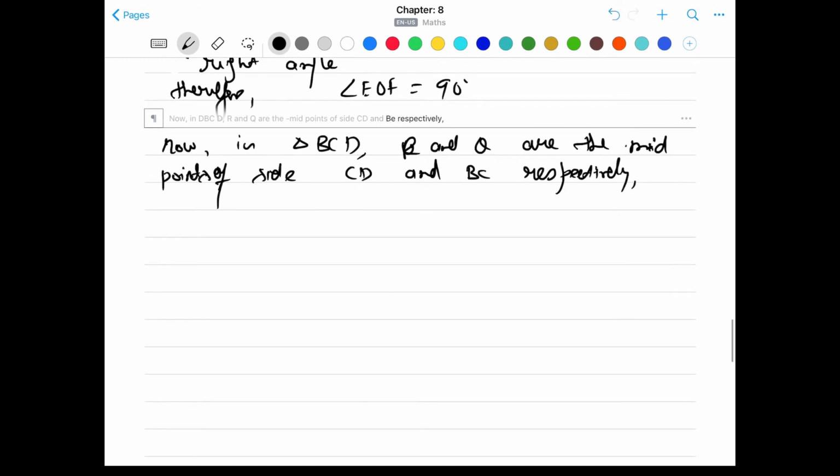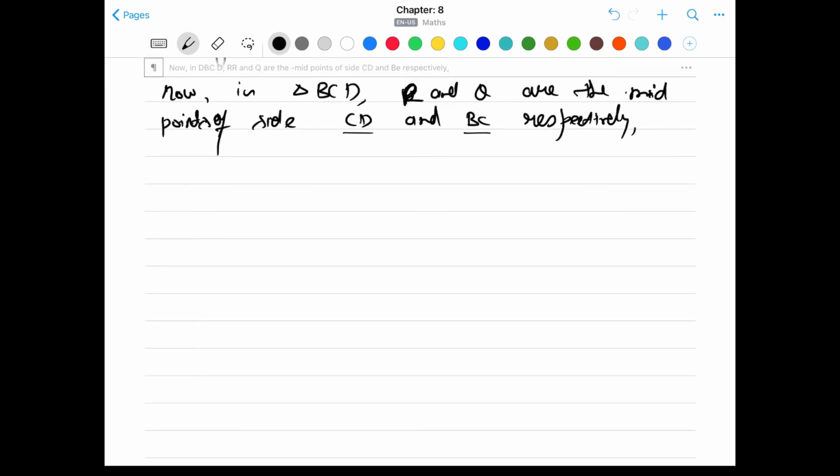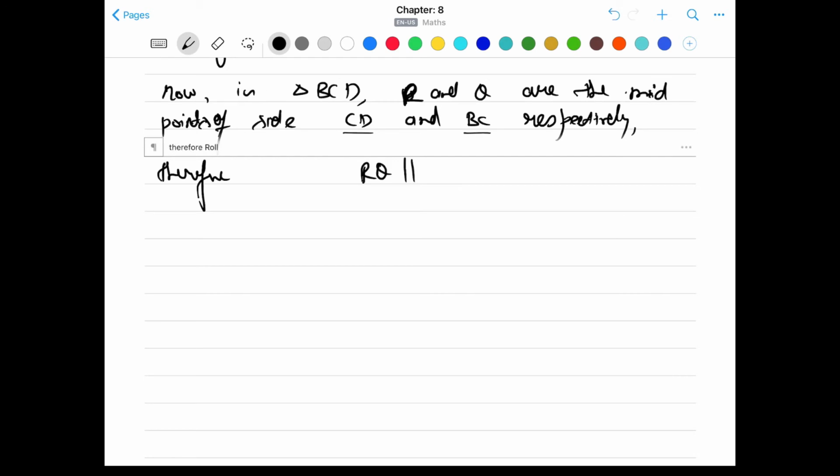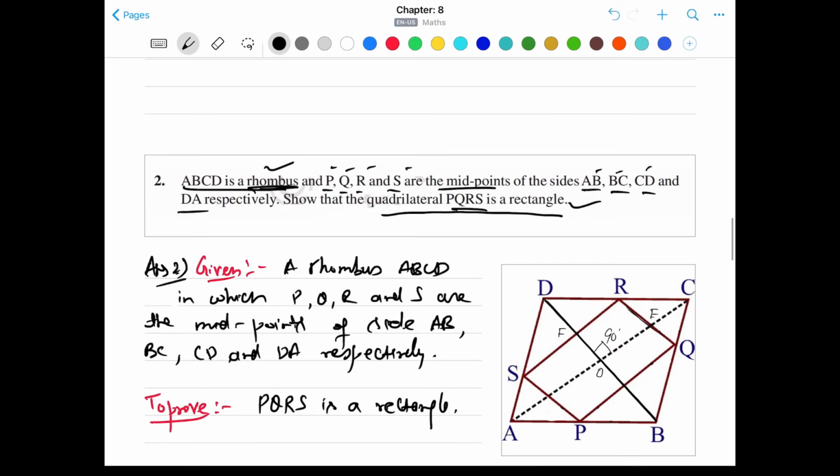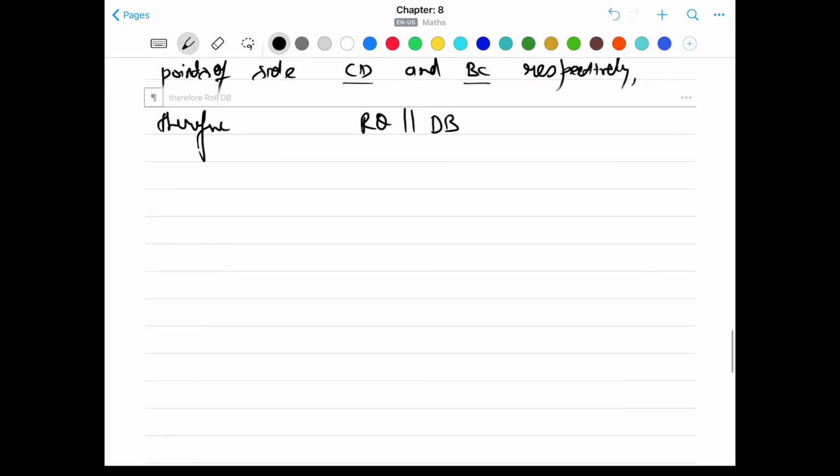So okay, we got the two points R and Q, which are the midpoints of the sides CD and BC respectively. Therefore RQ will be parallel to DB, that is this side RQ will be parallel to the diagonal DB. Okay, so now from here we can write this implies,